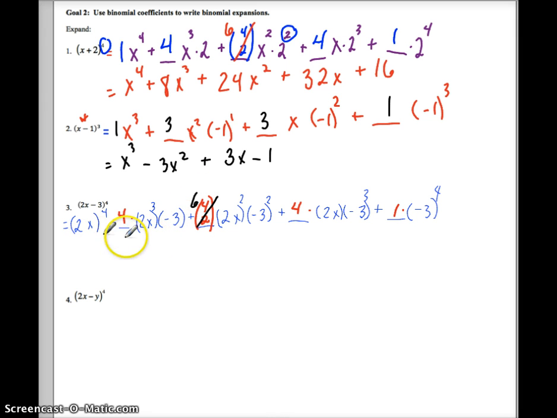Now, this is where students start to make mistakes in the simple math. So please be very careful as you go through and simplify each term. This is not 2 to the first. This is 2 to the first raised to the 4th power. You know that 2 to the 4th power is 16 times x to the 4th power plus negative 3 times